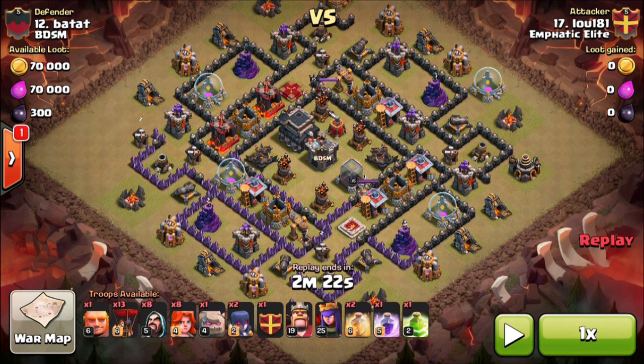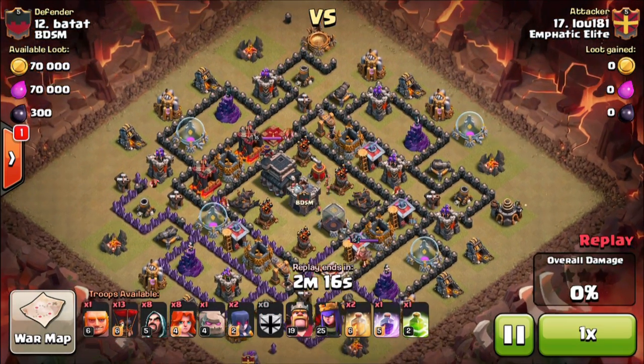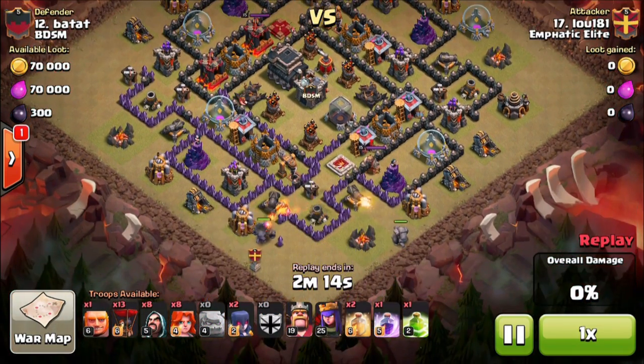So he's got 2 golems, 2 witches, 8 Valkyries, 8 wizards, and a giant. So the giant, because he's got the witches and a giant, I imagine he's going to be trying maybe a CC pull. Let's have a look. Watch the raid start, because I'll figure out a lot of what's happening from the start. Okay, 2 golems are down, so he's going to be killing the witches on the move, killing